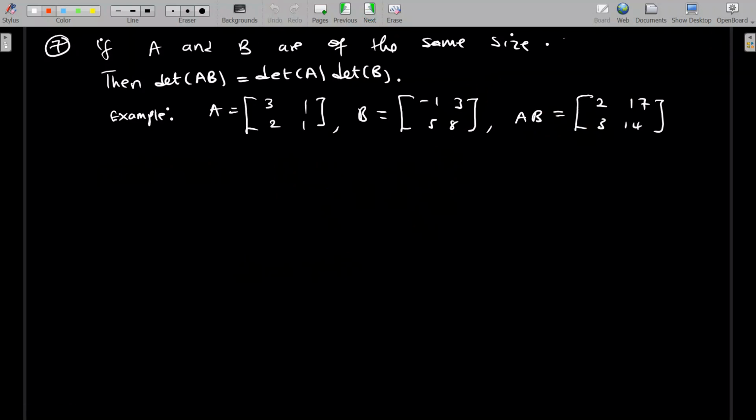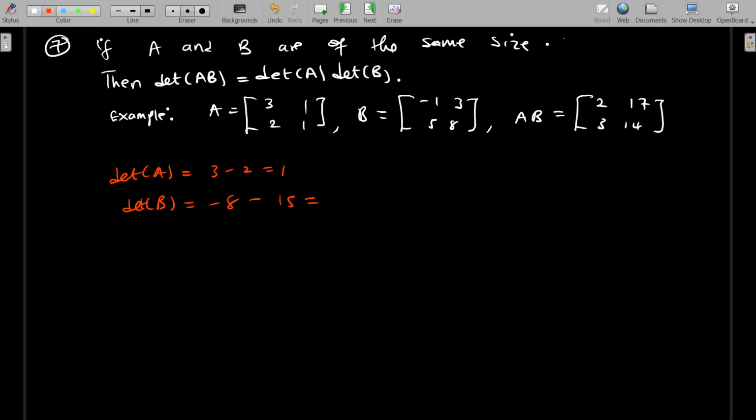Now, if A and B are of the same size, then the determinant of AB is equal to the determinant of A times the determinant of B. This is very, very crucial because it involves a lot, and this property of determinants is used to prove a lot of theorems in linear algebra. Okay, so the determinant of A in this problem is equal to 3 minus 2, which is 1, and the determinant of B in this one is equal to negative 8 minus 15,